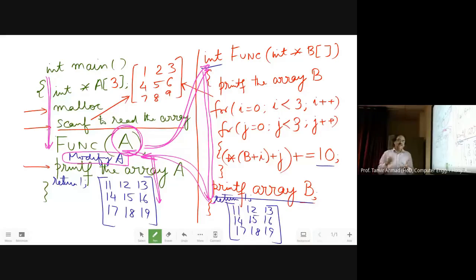Even if A is a 1D array, a 2D array, or a simple variable, you just pass the name. If A were a 3-dimensional or n-dimensional array, you would pass only A. But while receiving that into B, you need to modify it over there. That means if you are passing a 2D array, you are writing